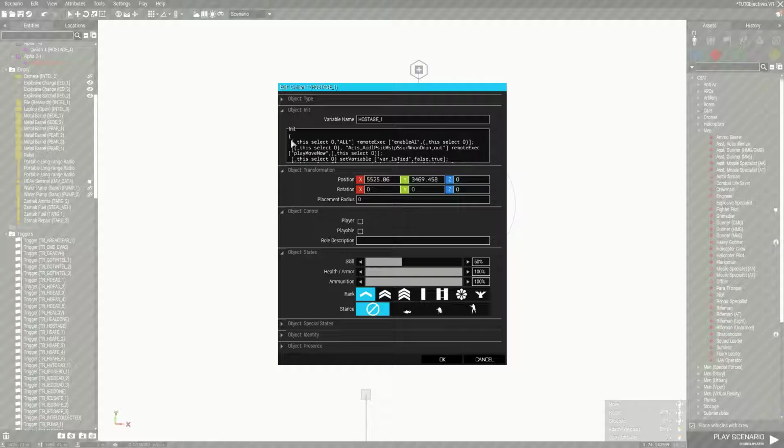And when the captive has been untied, his AI is re-enabled. His animation is changed to allow him to change position to move, which for some of these you'll notice is blank. Others, it actions the outgoing animation to switch them into a ready position. It sets a variable to allow them to not be interacted with again, basically stopping other players from doing so,